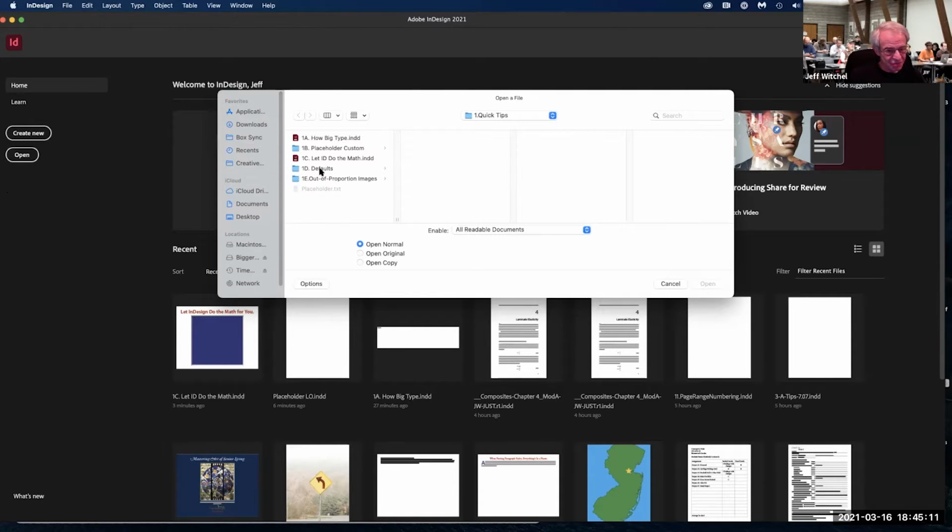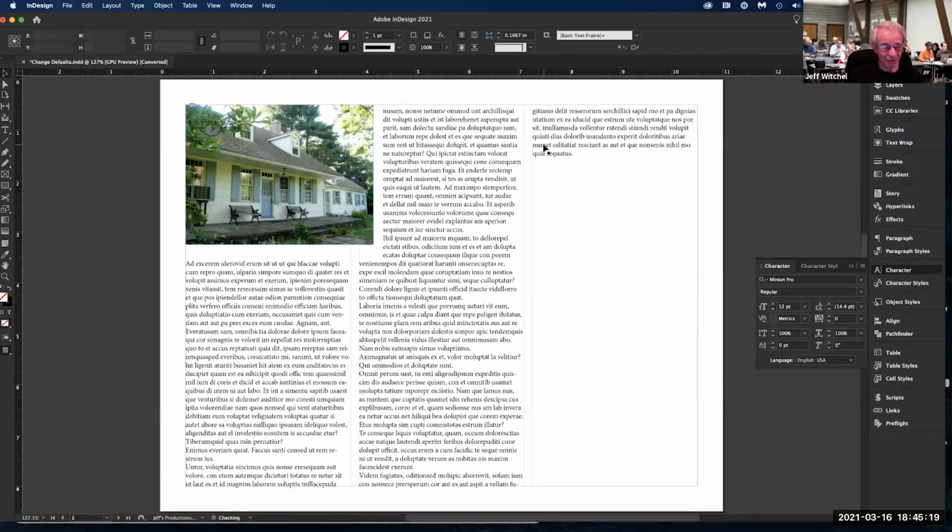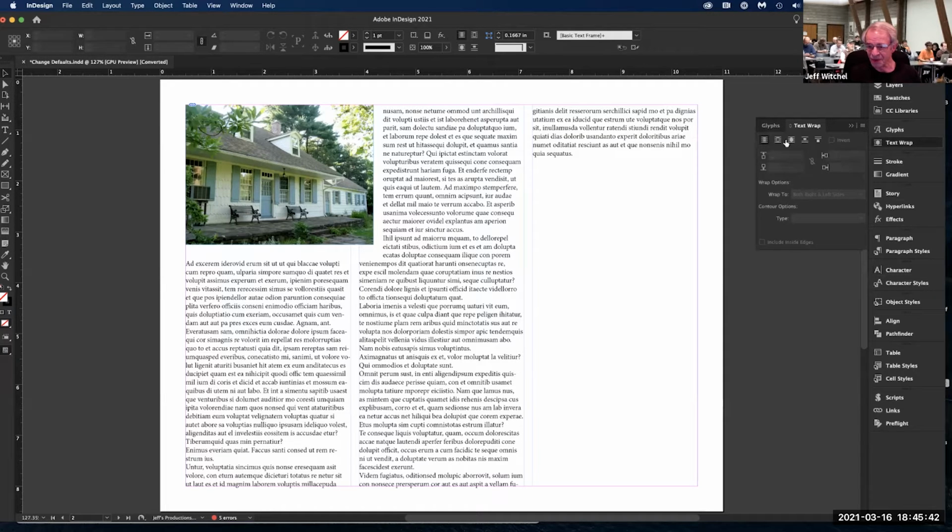For some strange reason, this one is called defaults. I wonder what defaults I'm talking about. One of the great things about InDesign is you can very easily change your defaults. If you have a document open, you're changing your defaults for just that one document. So if I were to go to my text wrap panel with no object selected, and I add a wrap,